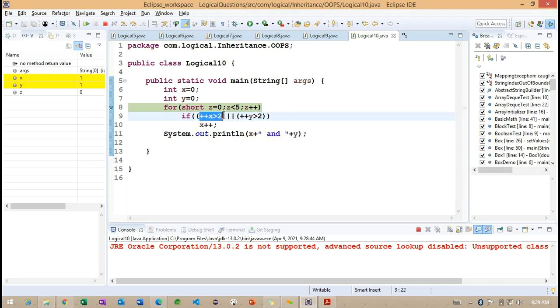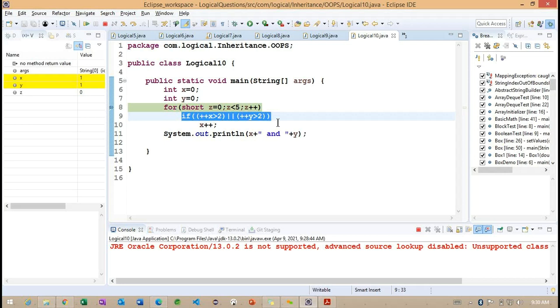Right. So first it is going to check this particular expression. The x value is increased, and we are checking the condition. So this condition is not satisfied. So later the y value is going to increase, and after increasing, the y value is going to be checked against the condition. So both the conditions are not satisfied. Now what happens?